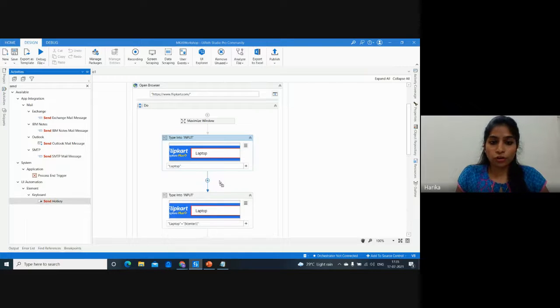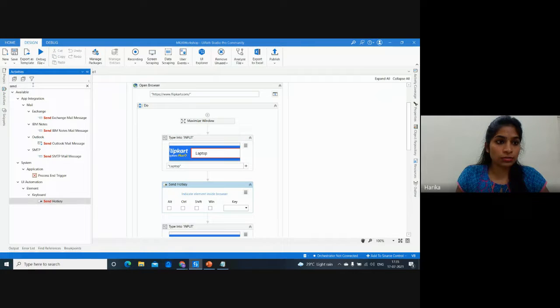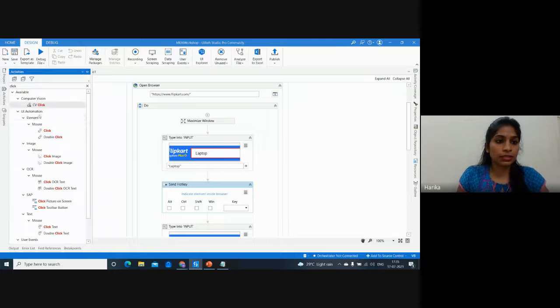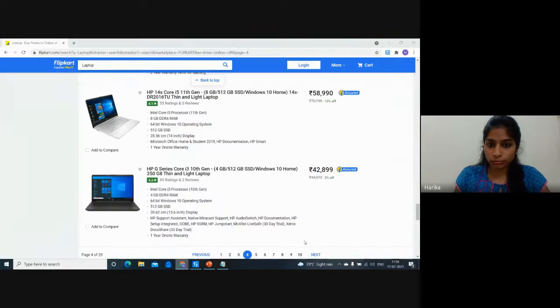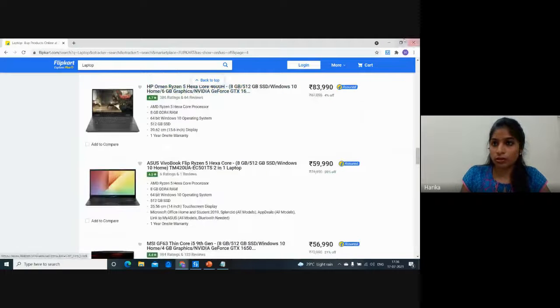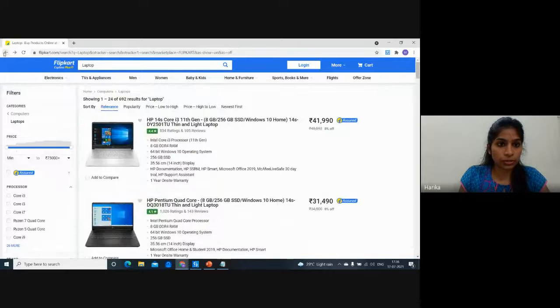Here we have an option called send hotkey, and we have something called the click activity, right? I can either click on the search icon, or let me just show you what we are actually doing.